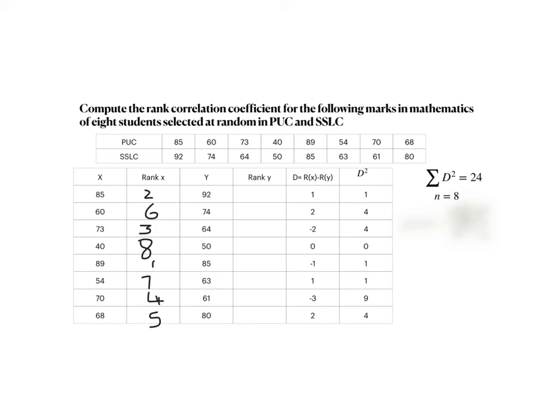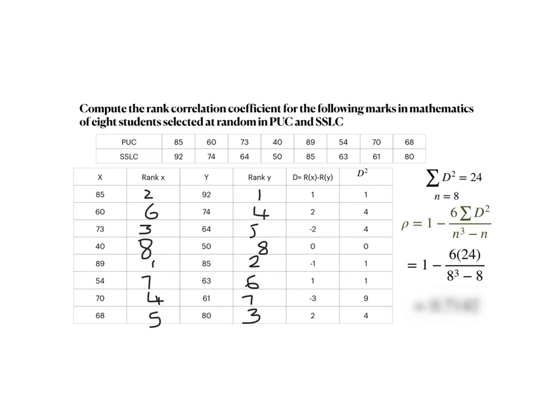In this column, the highest marks is 92, assign it 1. Next highest is 85, assign it 2. Next 3. Next highest 4. Next highest 64, for that 5. Next highest 63, for that 6. Next highest 61, for that 7. Last one 8. Totally 8 students, 8 ranks.